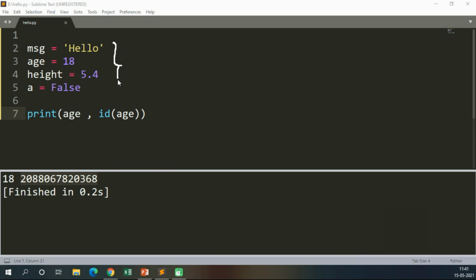Now there is one more data type called complex. Along with these data types, there is one more data type which is complex, which stores complex numbers.